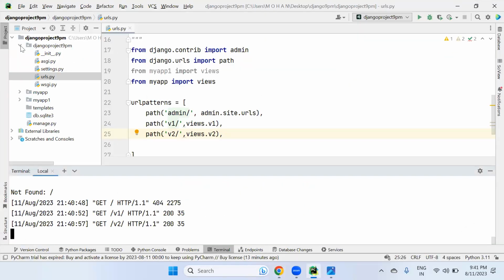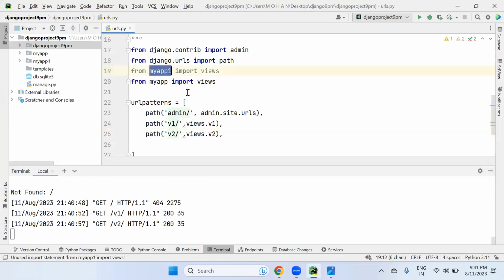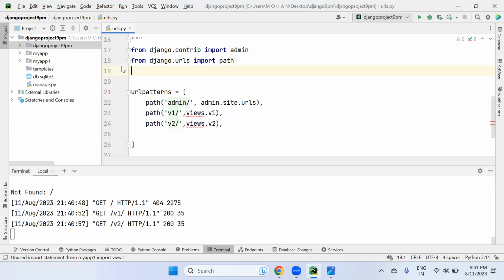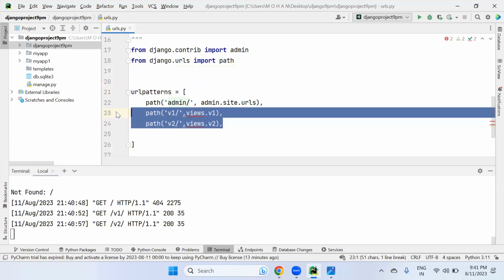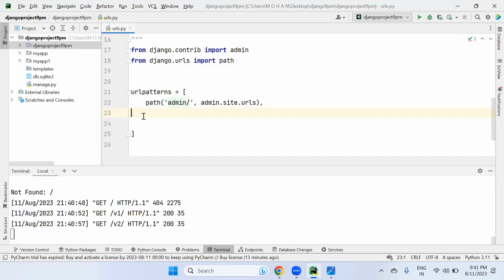But sir, what can I do? This is not good practice, because in our Django project we can maintain multiple applications, but for every application we would need to change like this, my app 1, my app 2. No, this is not good practice to handle this. So I recommend, when we deal with multiple applications, and